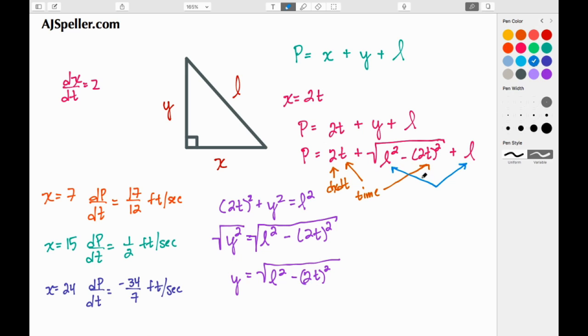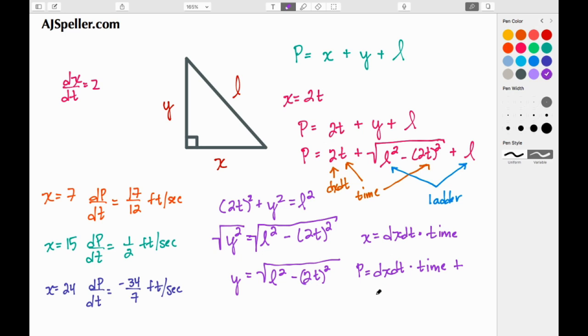These two L's I'm going to replace with the slider that we call ladder, and I'm going to make those same substitutions here for the X equals equation. So here I can say that X is equal to, instead of writing the number 2, we're going to use the variable dx/dt. Instead of writing the variable t, we're going to write the variable time. So now this distance that X is from the wall, we can control with the sliders.